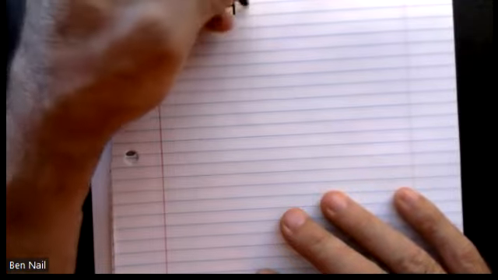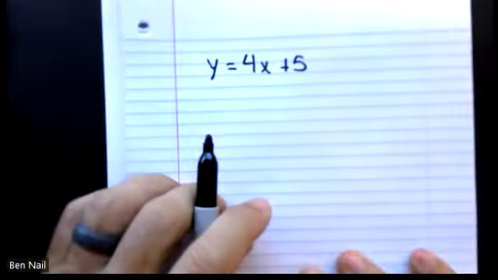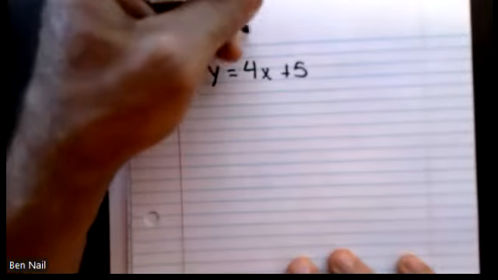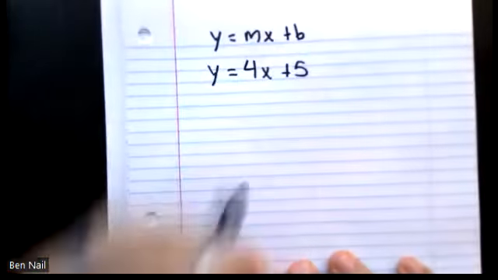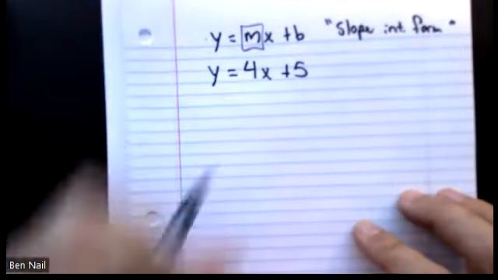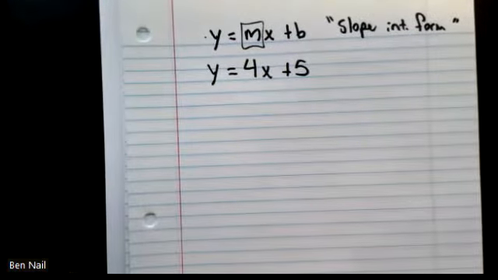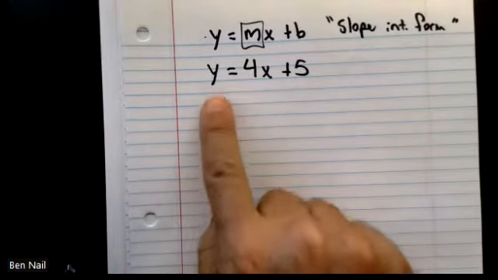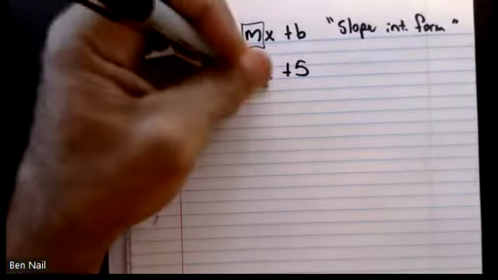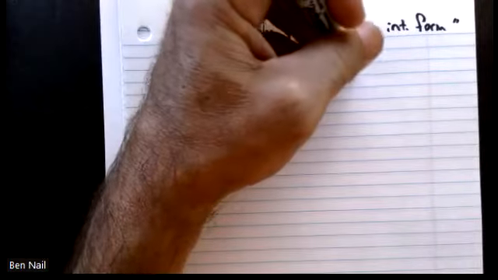And remember, if you have y by itself, then we are set up in what we call slope intercept form. This y equals mx plus b is referred to as your slope intercept form. And this is really convenient because if y is by itself, whatever number is here times your x, that is your slope. So if they give us the equation in the correct form, just the number times x is your slope. This equation would have a slope